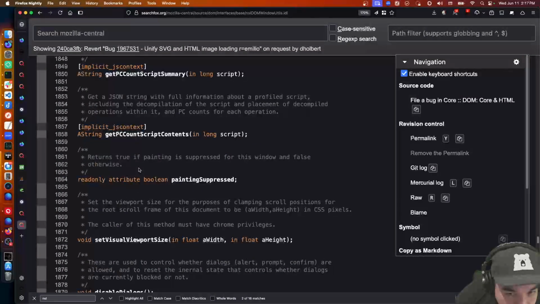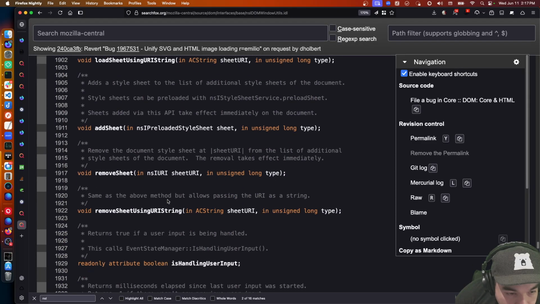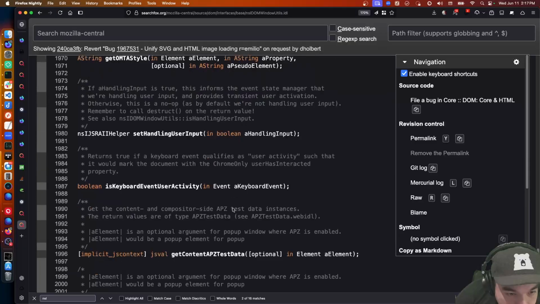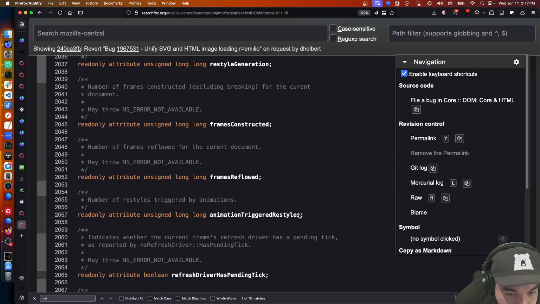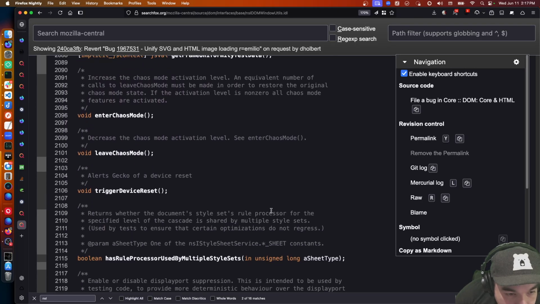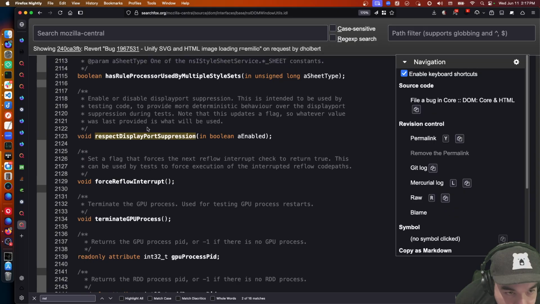Returns for paint suppressed for this window. Chaos mode, respect display port suppression. Okay, for testing.